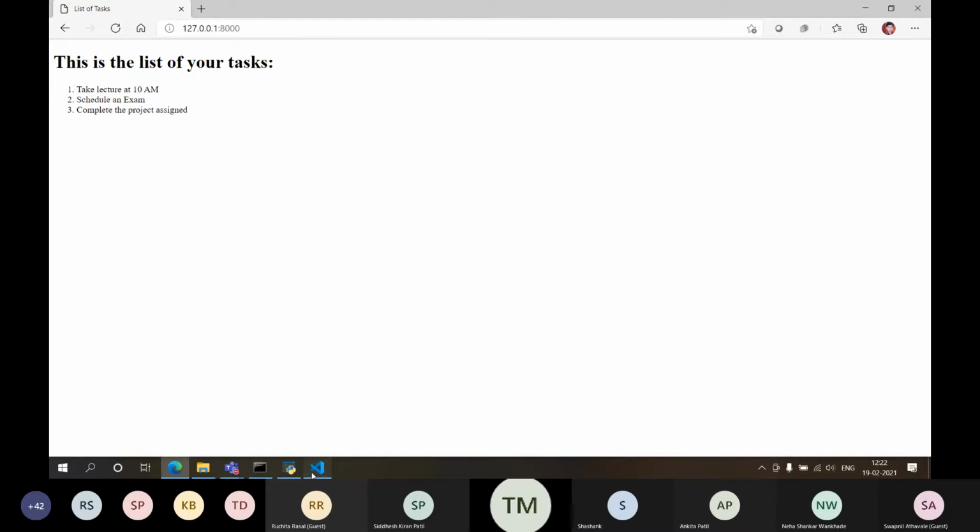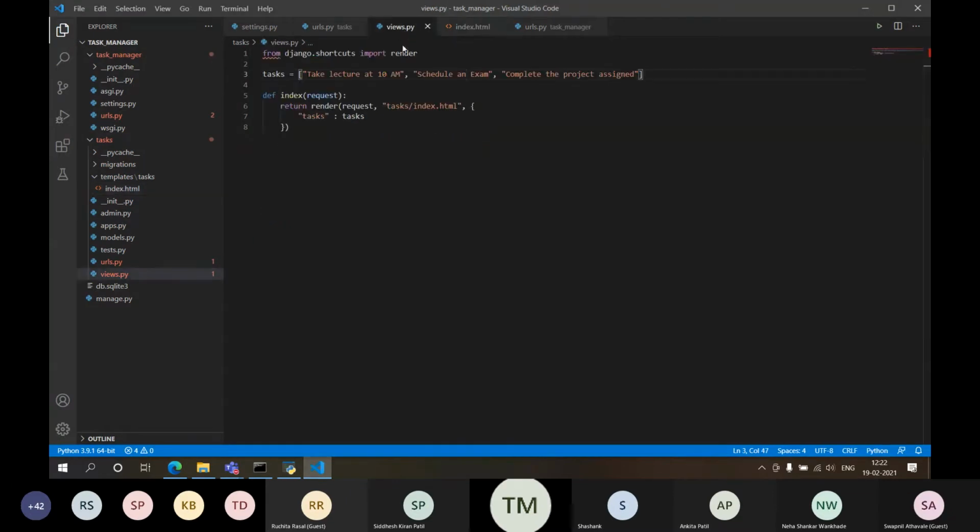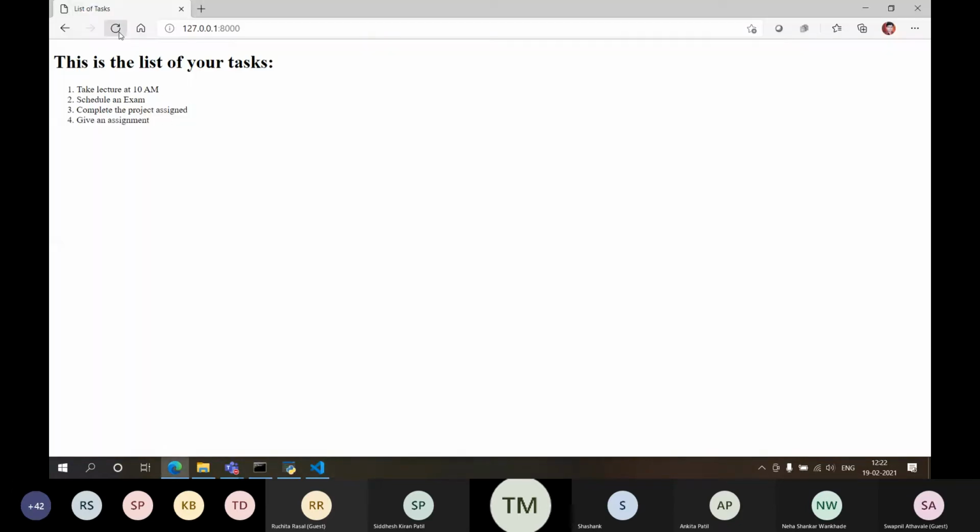Now as and when I add a task, a dummy task over here, okay, so give an assignment, assignment, okay, you see the fourth task is added, right?